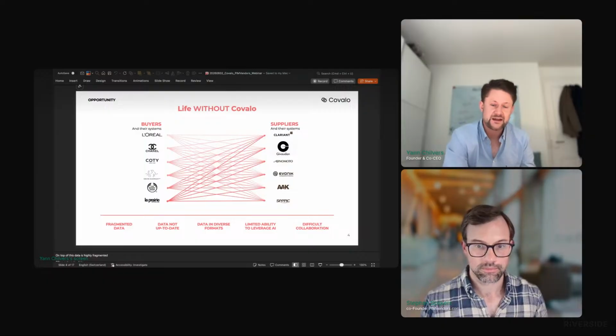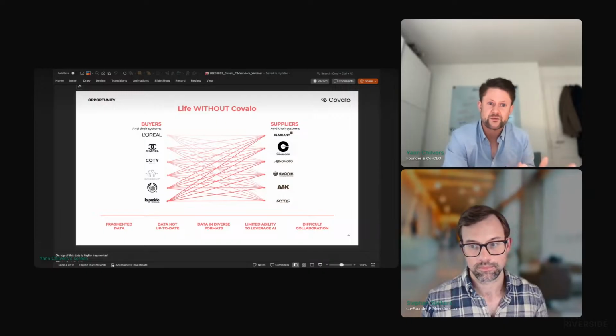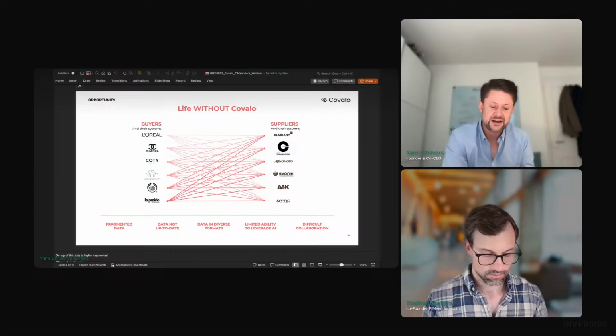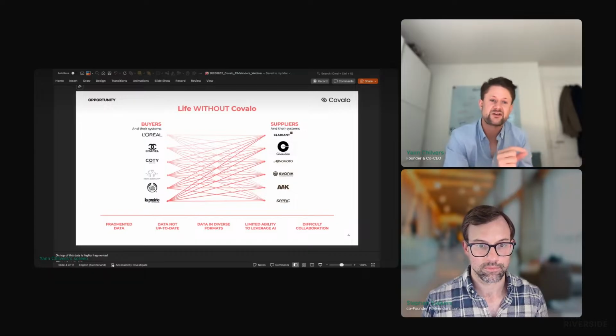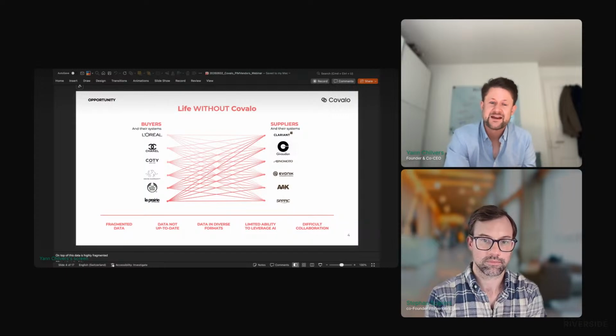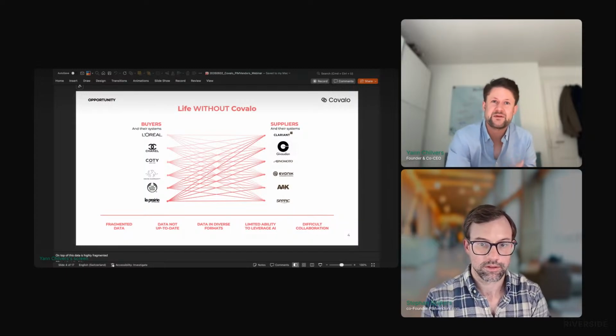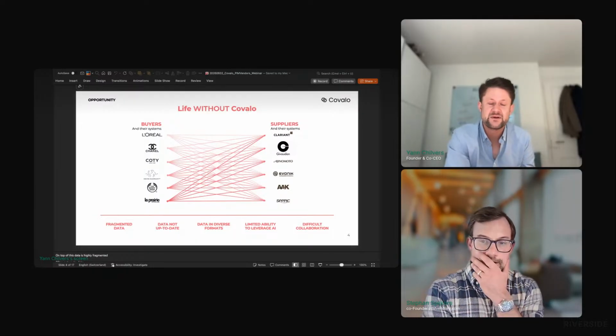What we see is that companies have systems where data is, but if we take big companies on the brand side, which are on the left side, they have different systems for R&D, for procurement, for sustainability. Those systems don't always talk to each other. And then each time they need to collect information on one of these ingredients, believe it or not, they still rely on email exchange with suppliers to collect the data. And every single one of the brands on the left side will be requesting the same data from the supplier on the right side. So this is incredibly inefficient.